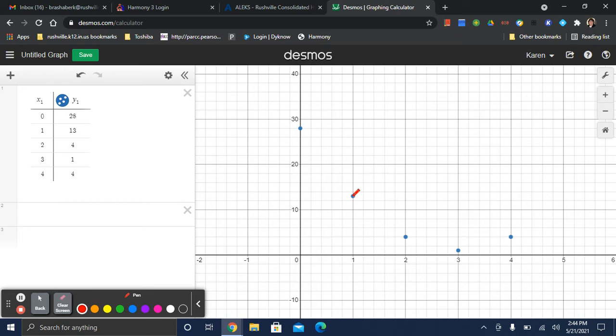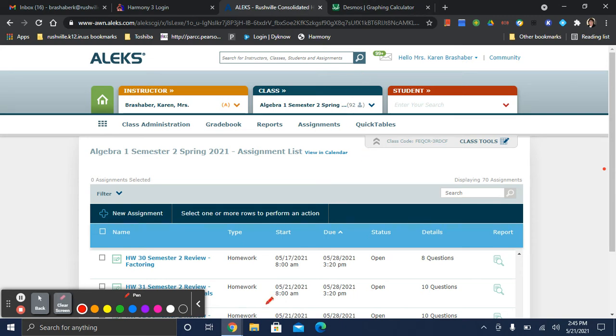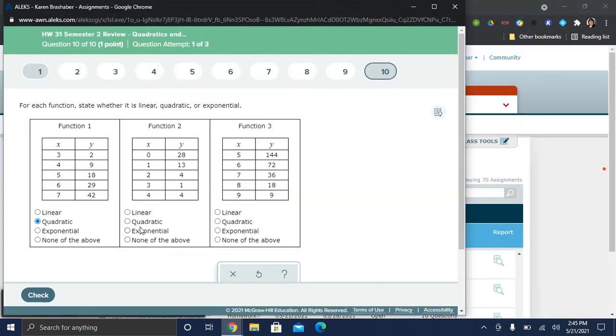What I was drawing that last time was something like this part of the graph. And so on that part of the graph, you start to see that it's curving, but then this one definitely curves back up. And so that look is a quadratic. We'll go back to our Alex and select quadratic again. And then our last one, the x values are from 5 to 9,